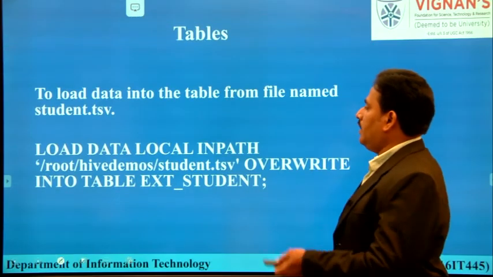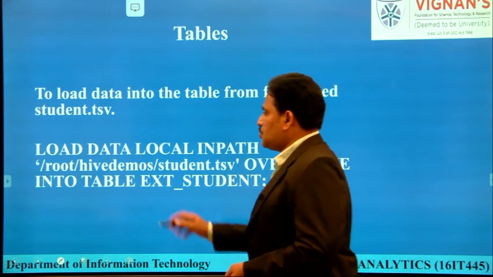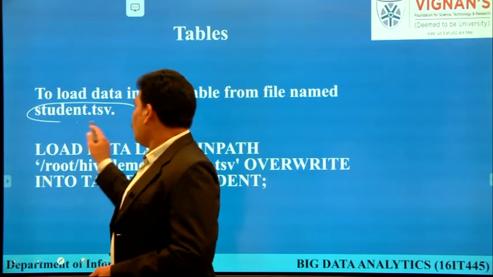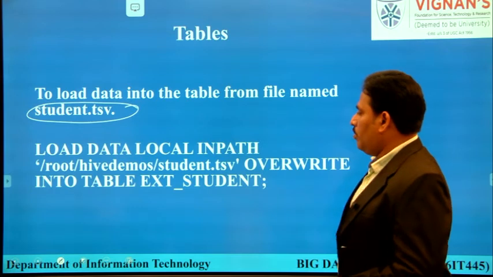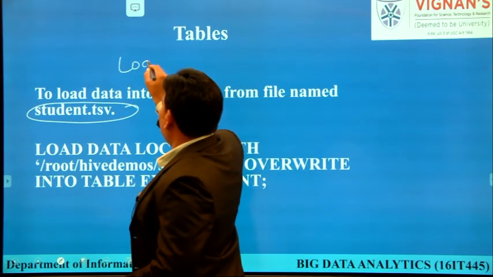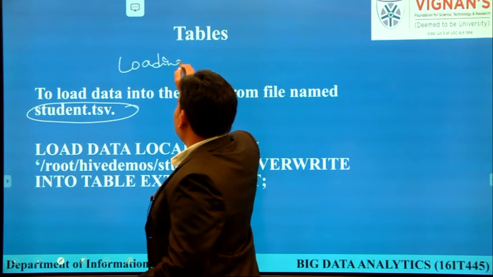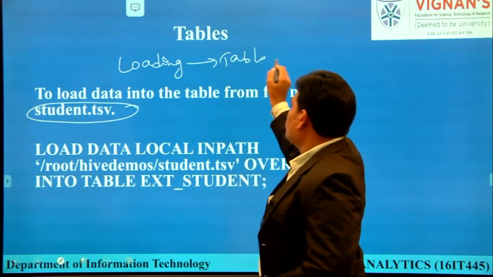Now let's load the data into the table from a file called student.tsv. Here we are loading the data into a table. Now see the syntax.